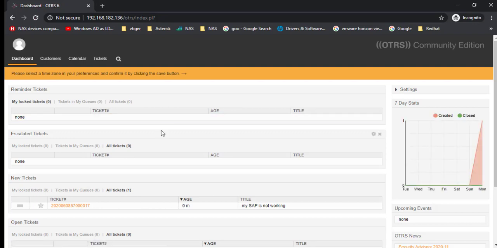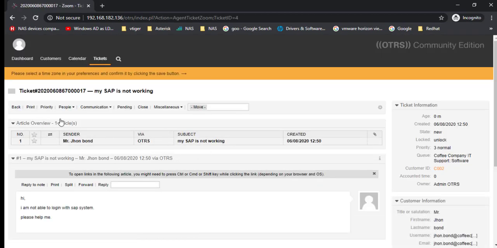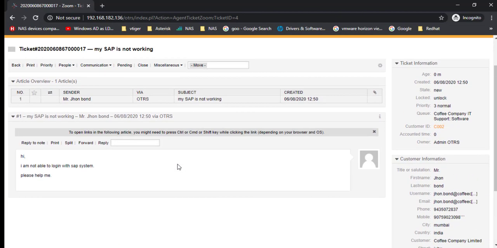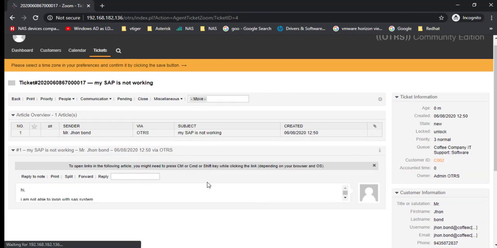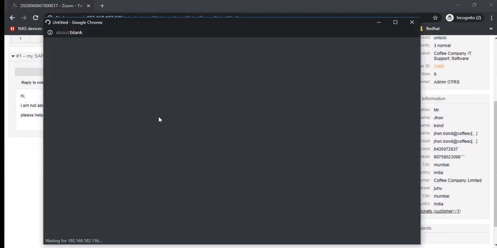All right. So as you can see, the agent can see only the support ticket for the specific coffee company queue. Now let's give an answer.